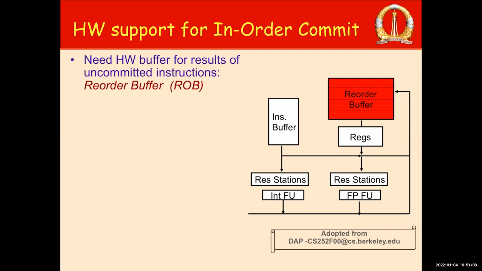When it becomes the head of the reorder buffer, all other instructions which are ahead of this instruction in the program order have already completed and gone out of the reorder buffer. So this is the next instruction to complete in program order. Therefore, it will then go and write the value into the R5 register. So in a sense, what you are doing is producing the values out of order and saving them in this reorder buffer,